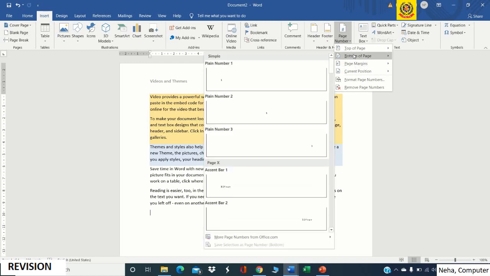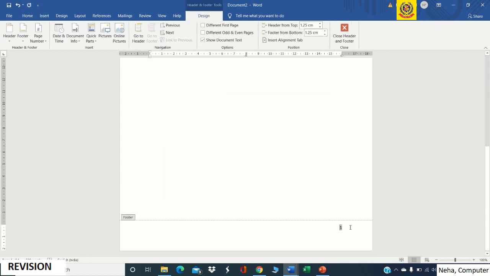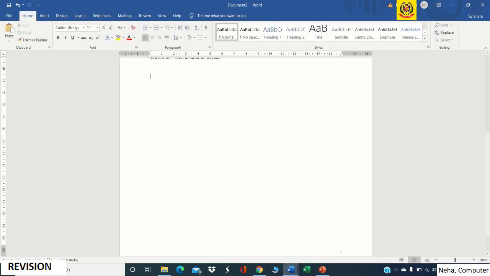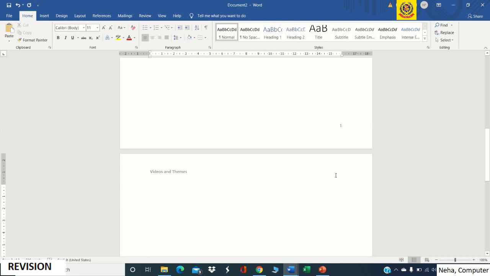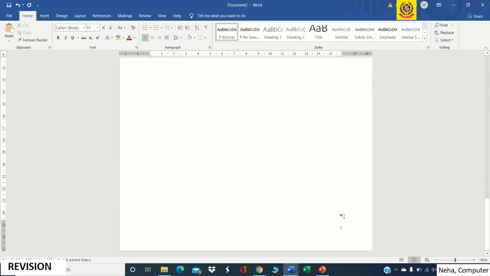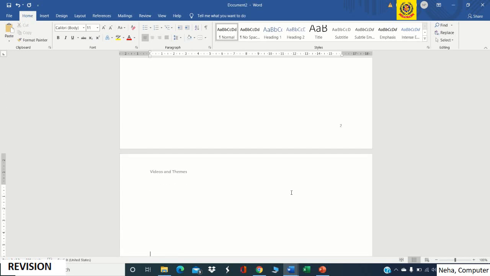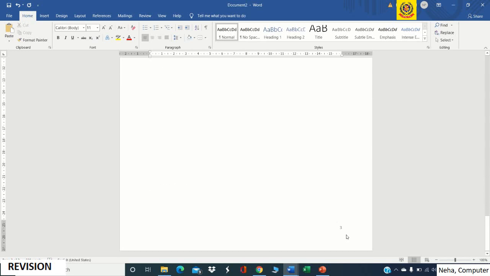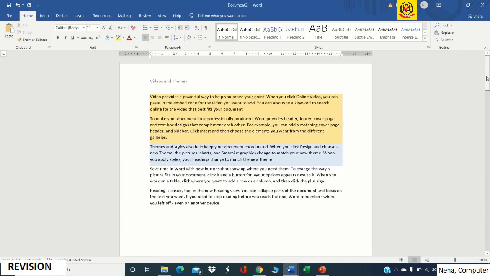So let's go to the bottom of the page, and we'll select any one of them. We'll select this one. So here it is showing page number 1. Now as we move to the next page, we'll find that the next page is being added. Here it's showing page 1. In the next page it will be showing page number 2. As we increase the pages, we can see that the page number is being added to the next page. So in this way we can add the page numbers.